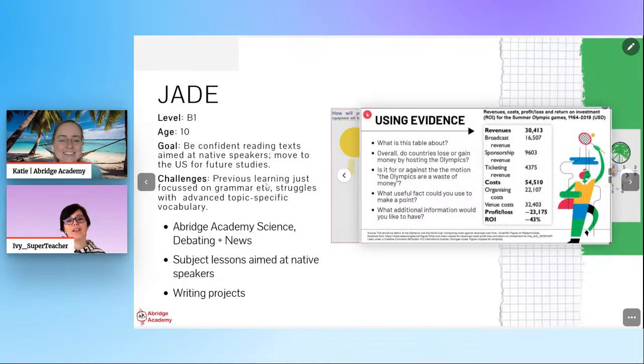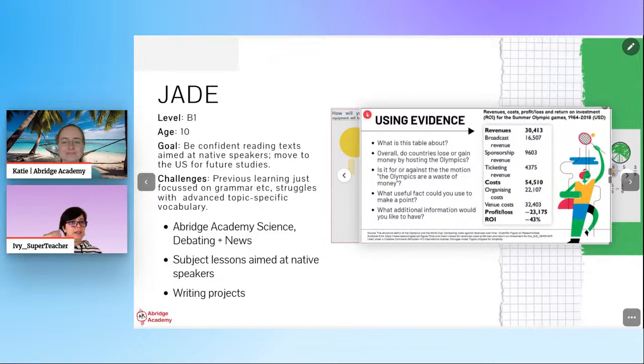Yeah, so she was completely amazed when we discovered this. I think she was my first student with whom I discovered the science lessons properly, in detail, and then we expand on the topic. I let her choose the topic. We don't go one by one because it's not core curriculum. You can add more freedom to how you want to teach them. So we do the Average Academy science lessons and debating and news, combined with writing, depending on her mood and what we're working on. And because we have 3 classes a week, that really allows a lot of space for adapting to her needs.